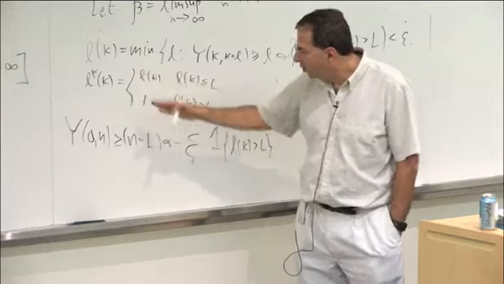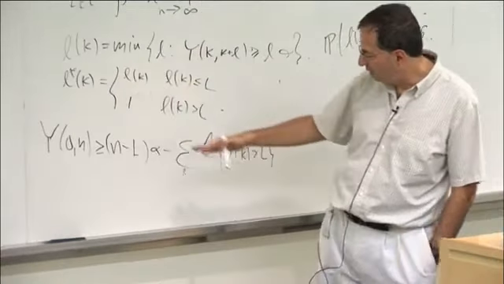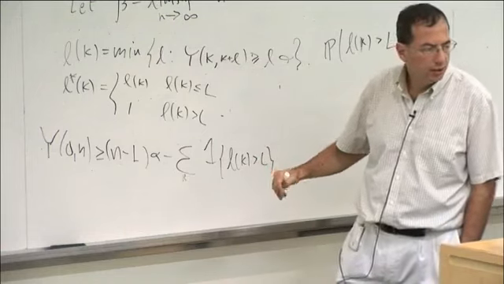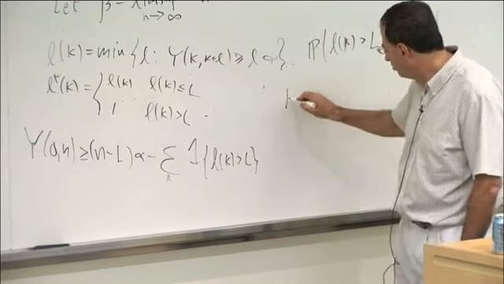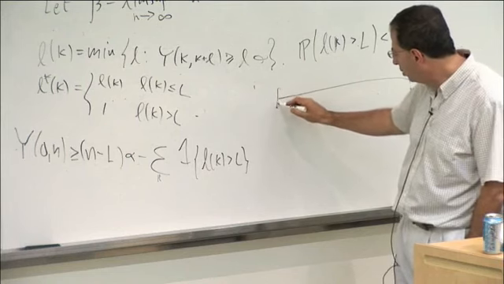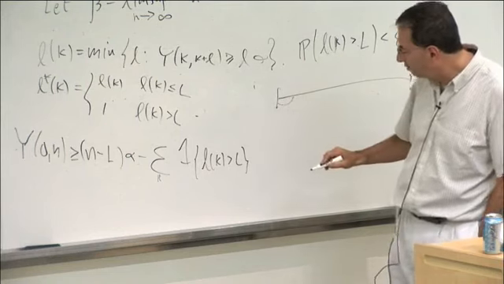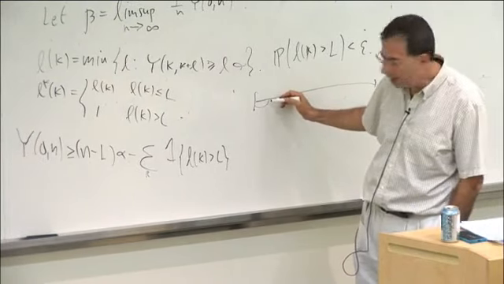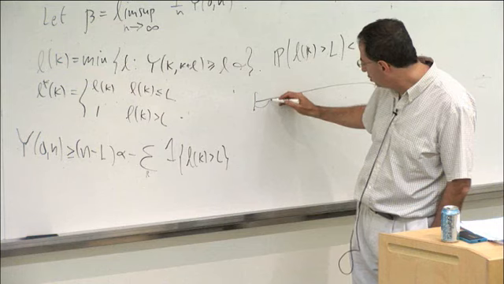And then these L star k, we don't really use them. They just remind us of the argument to get this inequality. To get this inequality, we take, as before, the interval 0, n, and we look from 0: do we have an interval here where L of k is less than L? If so, we're happy, and then we continue.